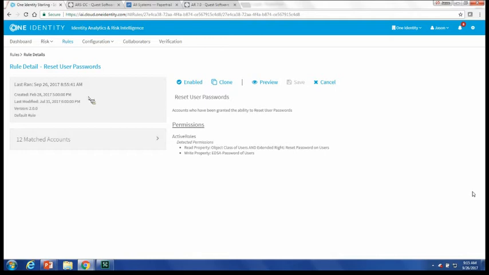Let's dig into the reset user passwords rule and see what a rule looks like. We get some information about when it was created and modified. We can clone rules. We're working on lots of functionality with rules so that they can be customized and tuned, and even eventually shared out with a community so that you can see some insights as to how other